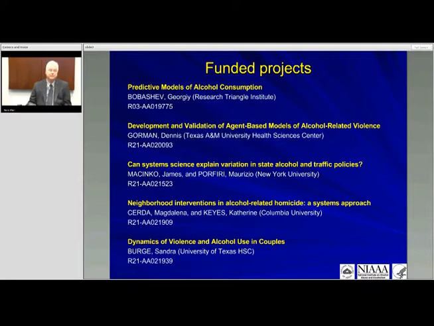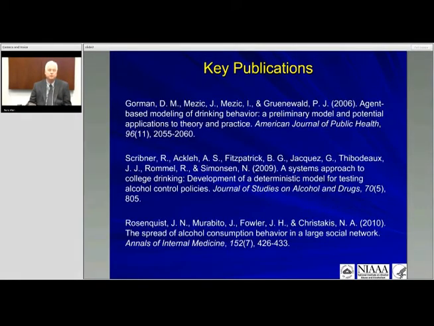I'm going to skip right past most of this stuff to say we've funded only a few projects in this area, but we are interested in pursuing this. A little bit of Googling will help you identify a few key publications, one here in agent-based perspective, one from a system dynamics or compartmental perspective, one from a network analysis perspective. That last one is in the Christakis and Fowler tradition, the spread of alcohol consumption behavior in a large network. These are now a little bit old, but I point them out because they'll help to direct you to where the